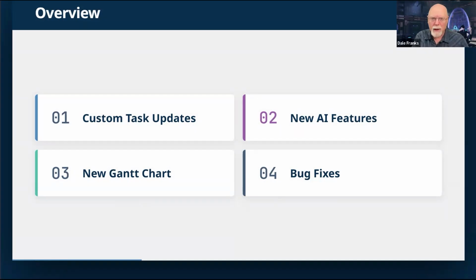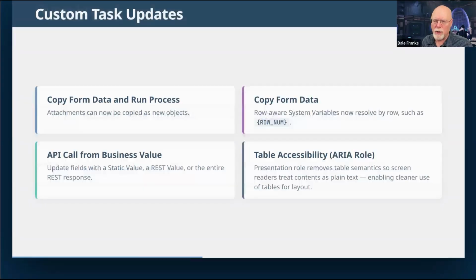First of all, we have some custom task updates. We've added some functionality to 3 different custom tasks, so we'll need to discuss that. There is a new version of the Gantt chart. It doesn't replace the old version, but it is a better version and hopefully will be better in the future. There are some new AI features that we also need to discuss with the product, one of them security related, and we'll talk about that. And finally, we'll cover some of the bug fixes that we have covered since we last spoke in June.